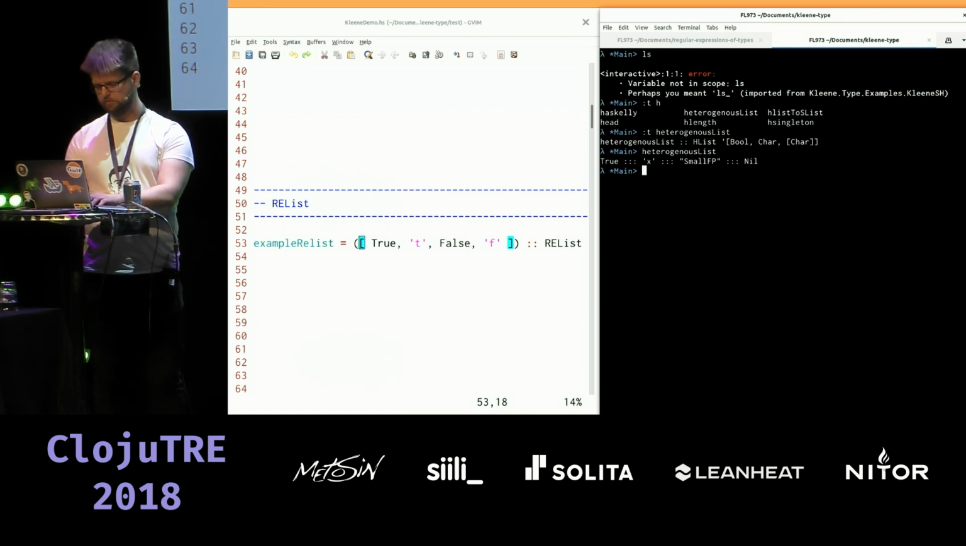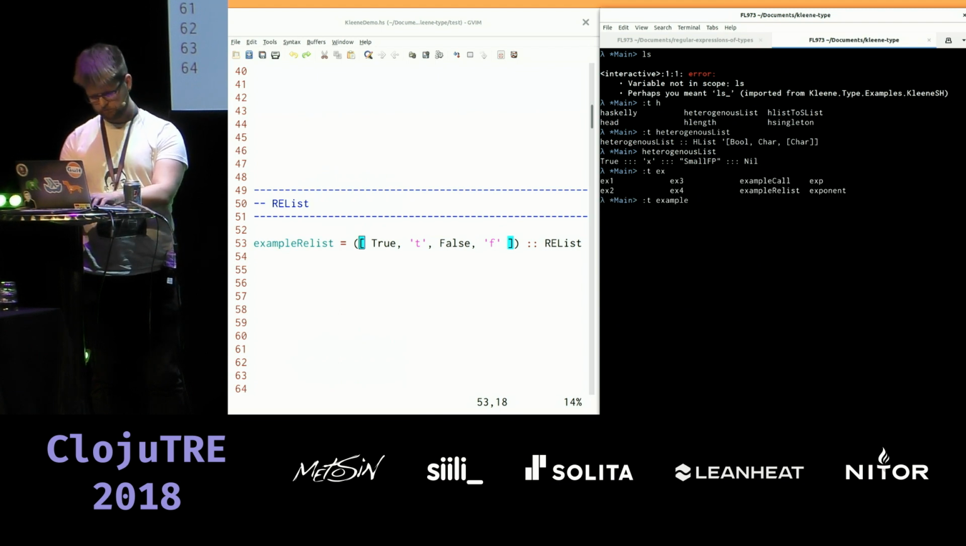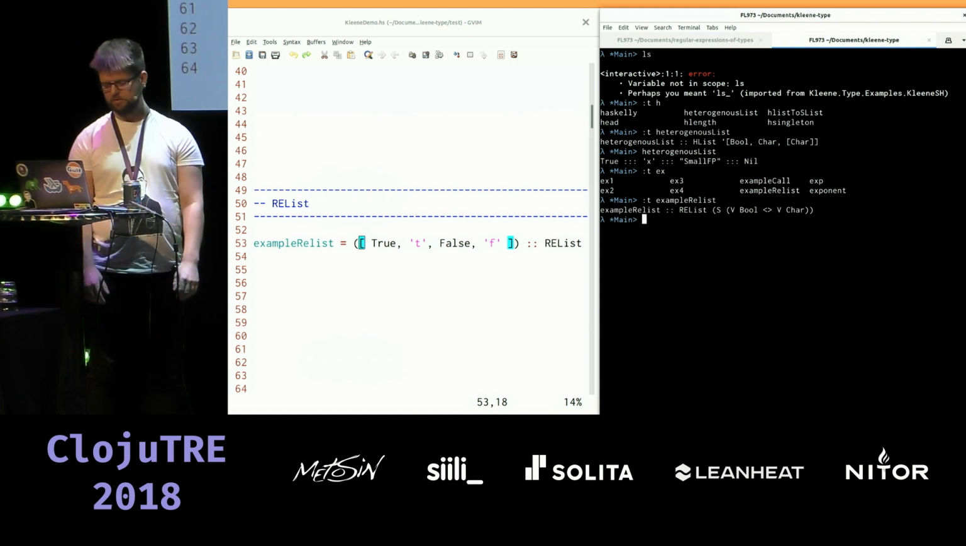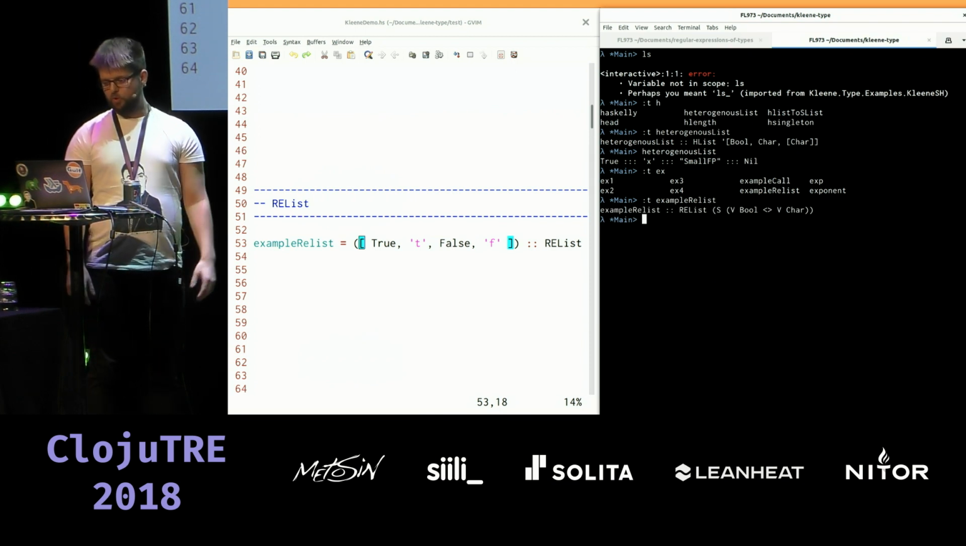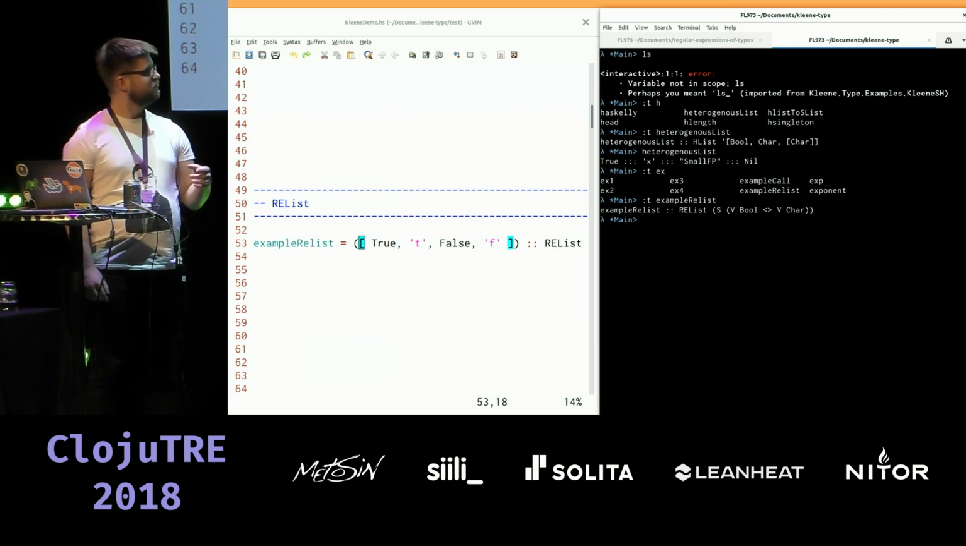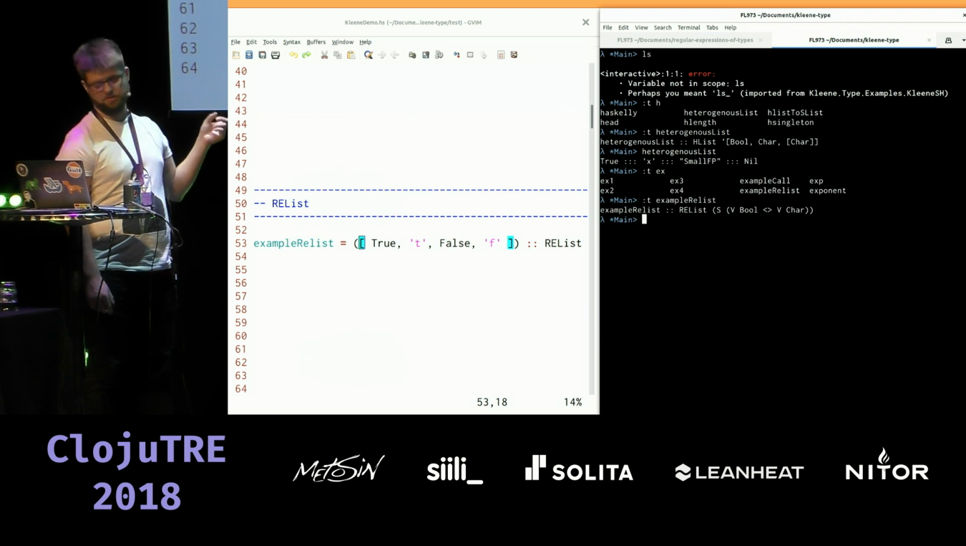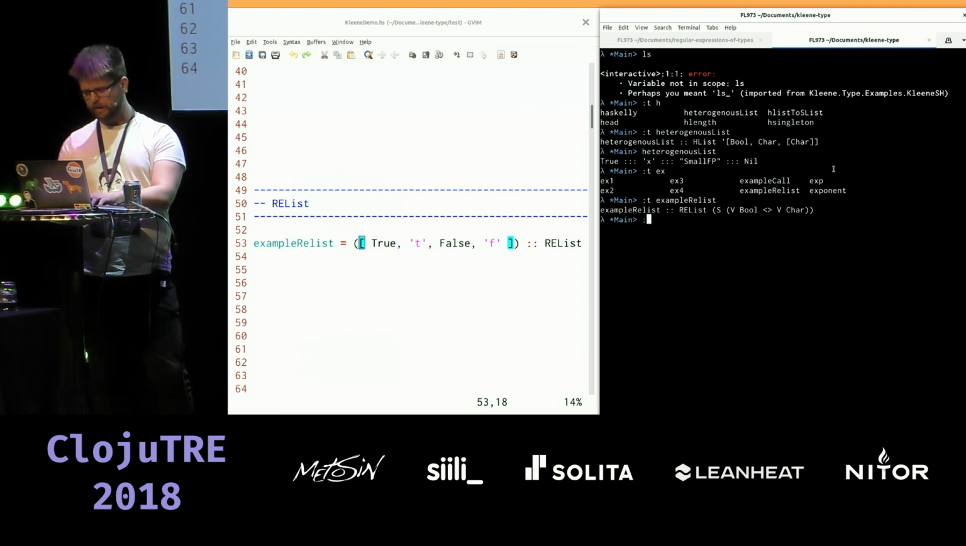So if its type is a star of Boolean concatenated with a char, so alternating bool and char. So I have true, t, false, f. And I can print it out, and here you see